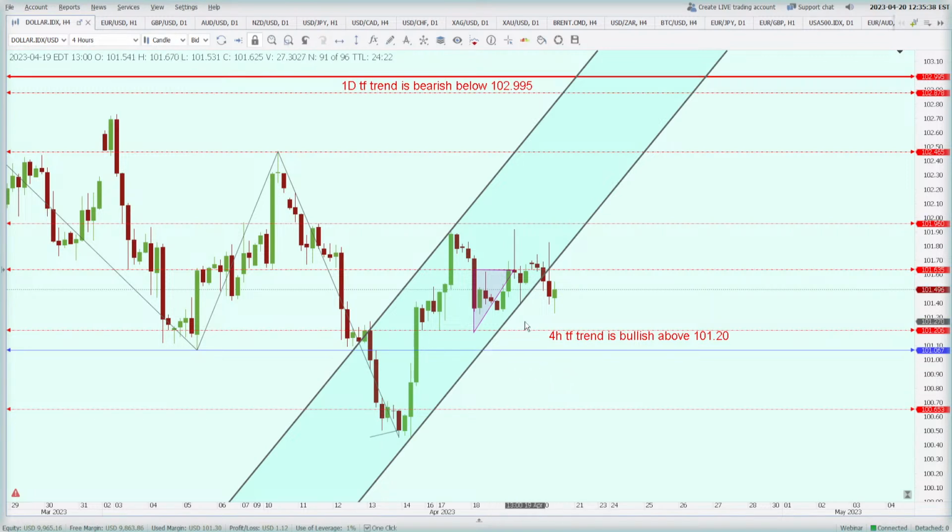So the idea here is a break below 101.20 is desired on the 4 hour. In fact, there is an intermediate trend between this trend that is giving us lower highs and lower lows. Okay, but we need the 4 hourly 101.20 to break down. So if you ask me what is happening right now, the 4 hour time frame, which is bullish, is trying to align itself with the daily time frame, which is bearish.